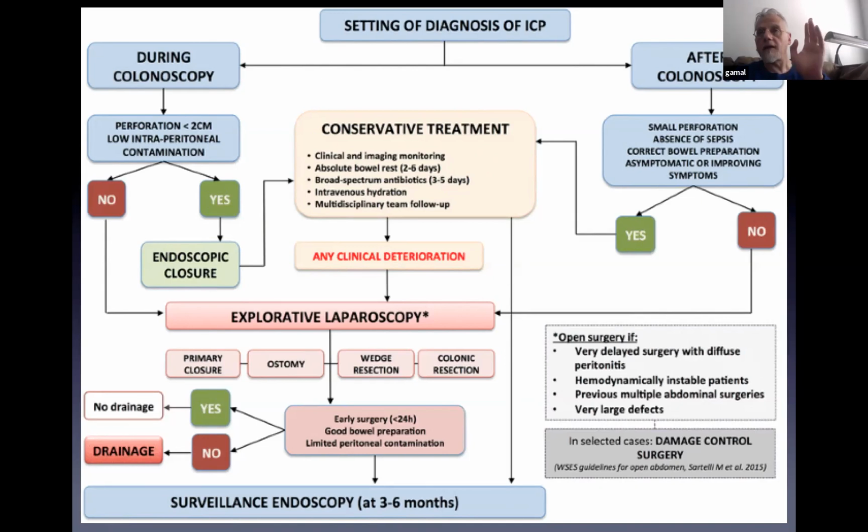Somebody asked about damage control. Look at this little panel on the right side of the screen at the bottom, the right lower quadrant: very delayed surgery, diffuse peritonitis, hemodynamically unstable, previous multiple operations, very large defect. That's damage control surgery. Open, get all the stool out, resect the right colon, don't do an anastomosis, don't do a stoma, don't do anything. Wash it, put in a vacuum assisted closure or something like that, a sponge or towel wet to dry,